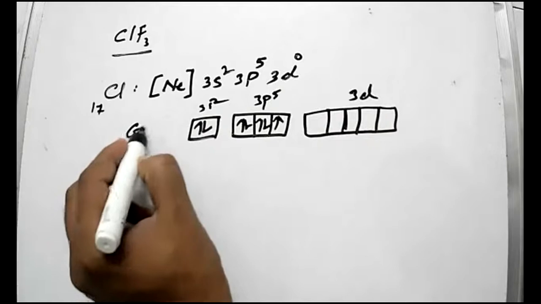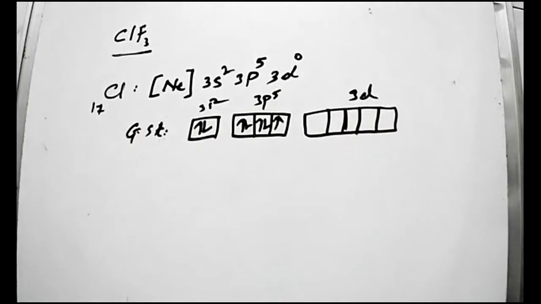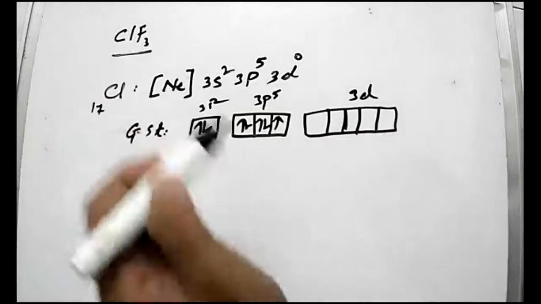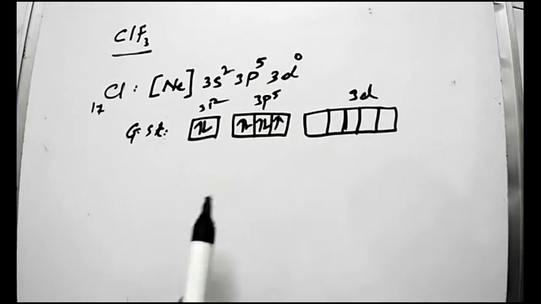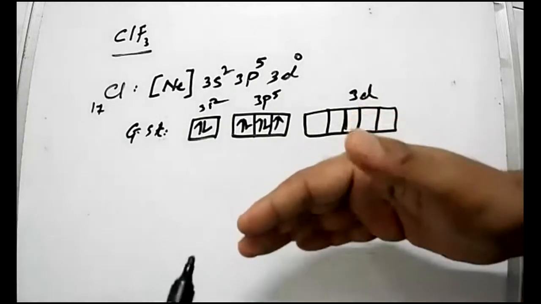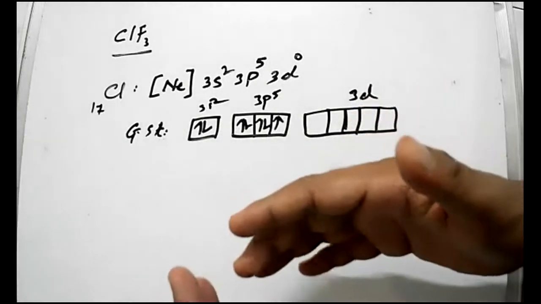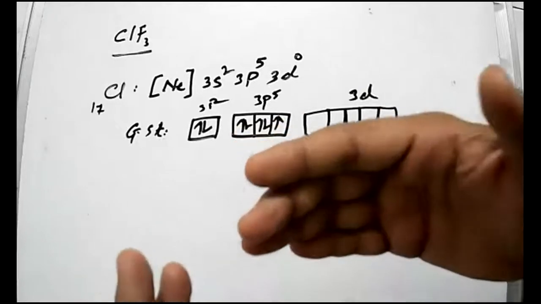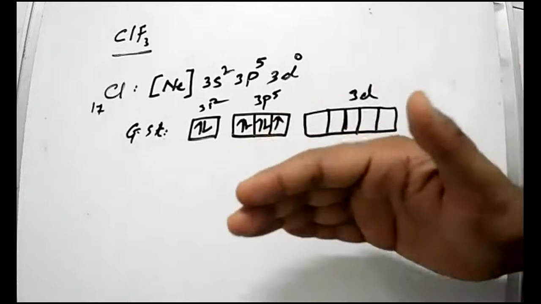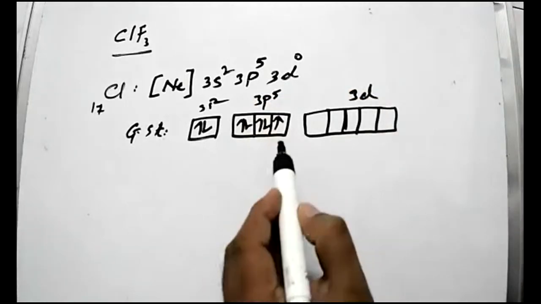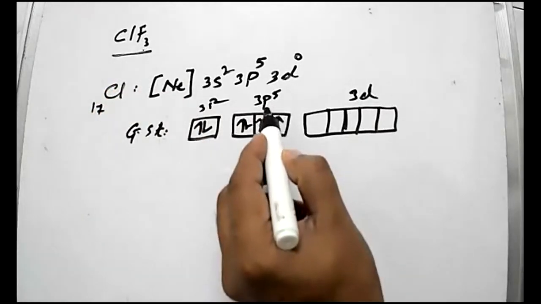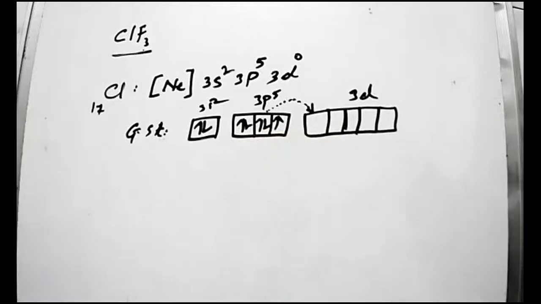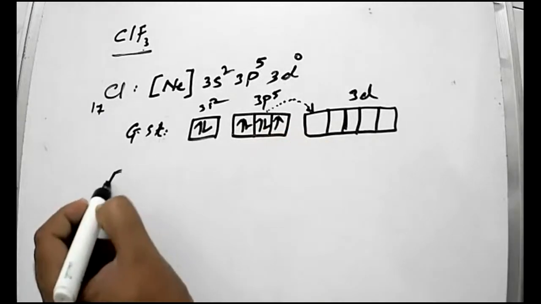Now this is called the ground state. All of you should know this. Write it simultaneously. This is the ground state. Now we want 3 single electrons, so apply the VBT rule. According to VBT, valence bond theory, any atom forms bonds equal to the number of single electrons in its last shell. Here there is only one single electron, but there are 3 fluorine atoms, so there should be 3 single electrons. So one electron will go to the d orbital. This is called the excited state.